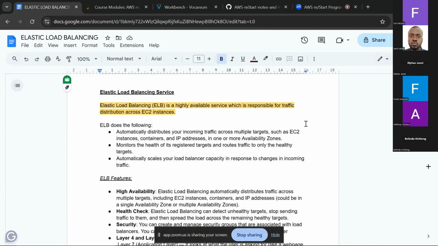So ELB is a highly available service which is responsible for traffic distribution across EC2 instances. ELB does the following. It automatically distributes your incoming traffic across multiple targets, such as EC2 instances, containers, and IP addresses in one or more availability zones. So, what this means is if there's